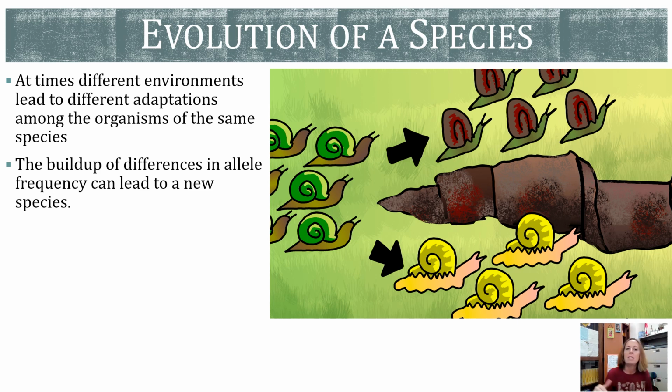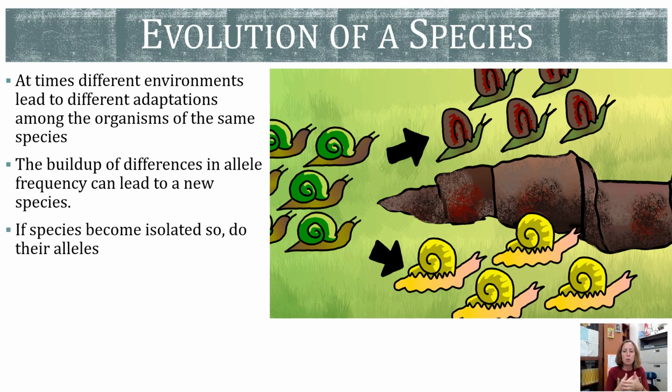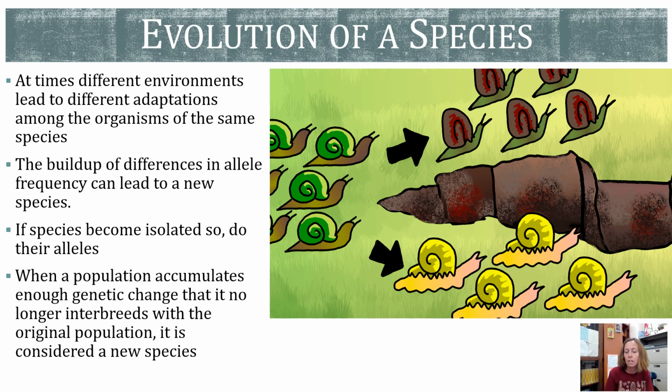So the buildup of these differences in the allele frequencies can actually lead to a new species overall, if the species become so isolated that they no longer mate with each other. All right, so when the population accumulates enough genetic changes that they can no longer breed, they are then considered a new species if they can't breed and have fertile offspring, right? That process is called speciation, and that's what we'll talk about